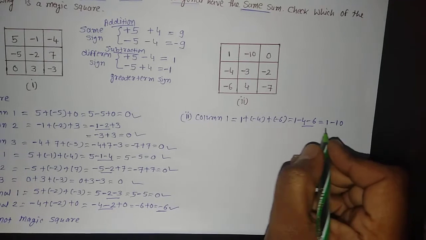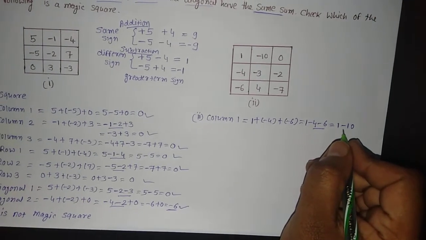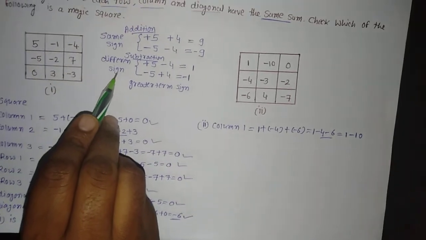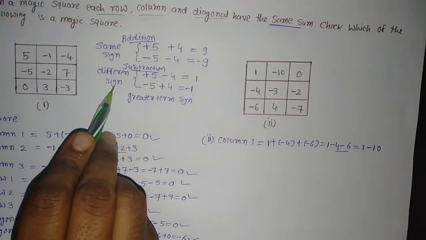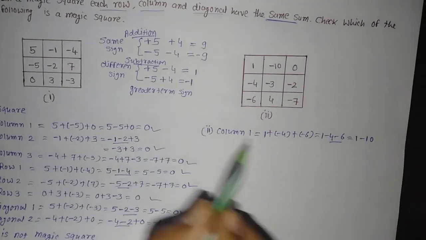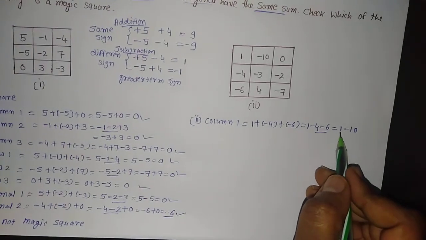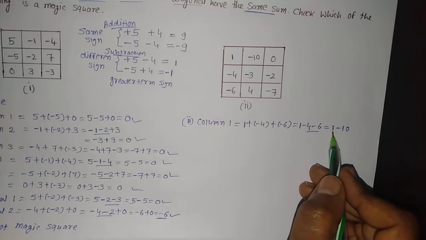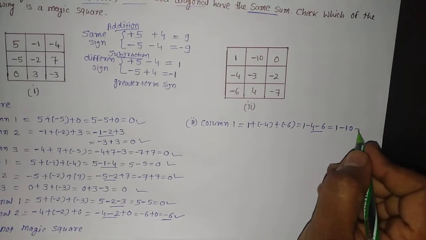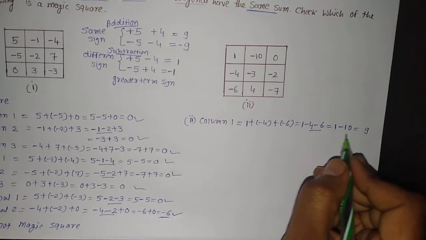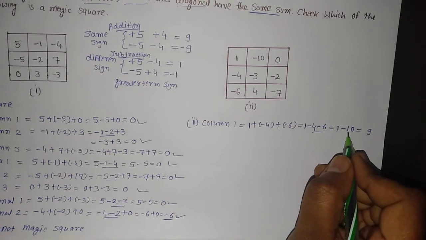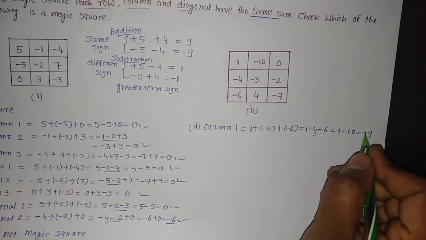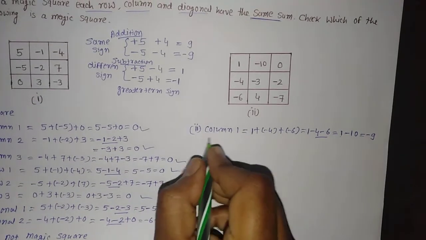10. Now you can see in both of these the signs are different. As I told you, if the signs are different, we need to do the subtraction and we need to keep the greater term's sign. Let us see here, 1 minus 10, both have a different sign. So 10 minus 1 is equal to 9. We need to keep the greater term's sign, and the greater term is 10 out of this 1 and 10. So it has the negative sign.